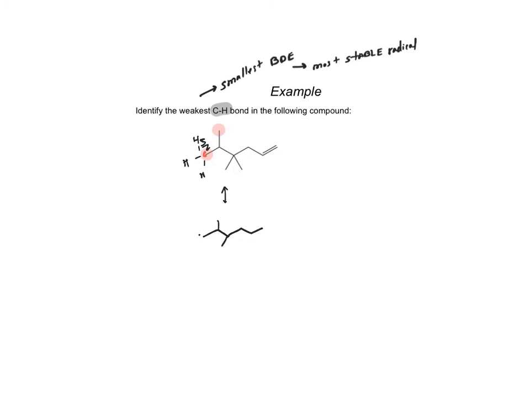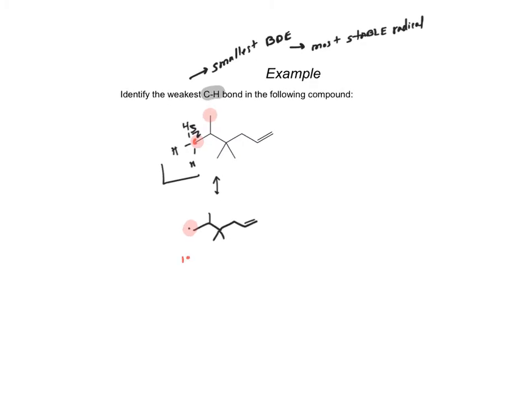So we can draw everything else in and assess the type of radical that we formed by breaking one of these carbon-hydrogen bonds in this homolytic fashion. What type of carbon radical am I forming? This specifically is a primary carbon radical. It is only bound to one other alkyl chain. The rest of those bonds are to hydrogen, so this is a primary